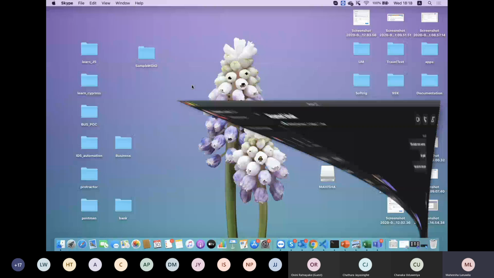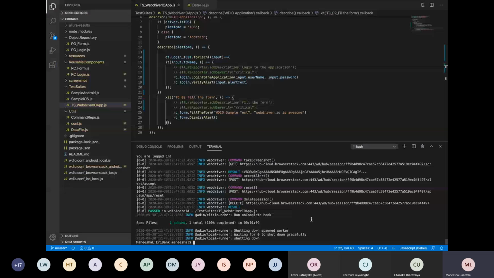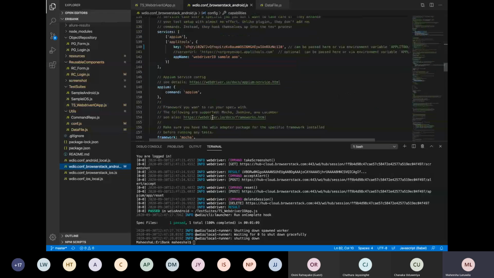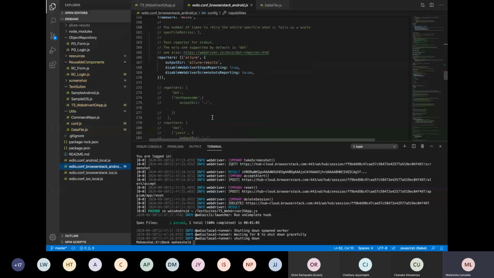We have to install the Allure command line to our project. So what you have to do is just copy the command and press enter. I'm not going to install this today because I have already installed it. And then what you have to do is go to your WDIO conf file, and you just have to give